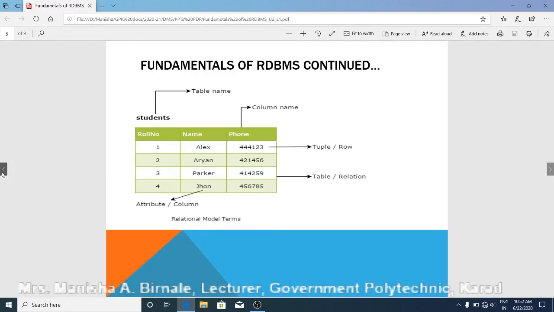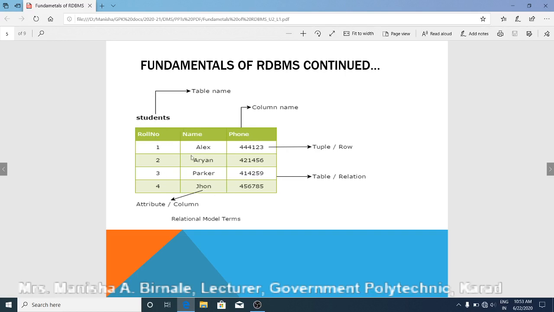Then we know that in a database, metadata is also stored. Metadata means data about data. How many columns are there, how many rows are there, what is the name of the table, what attributes are present, what is the name of each attribute: this is called metadata. So either data or metadata, everything should be stored in tabular format.